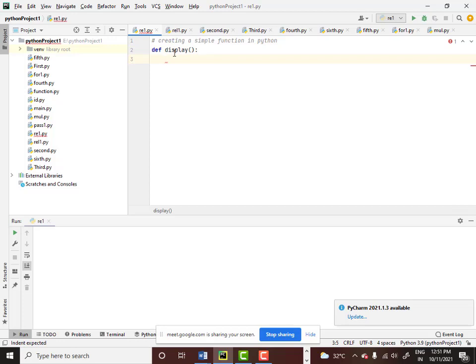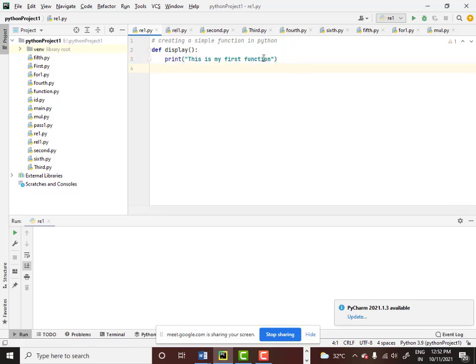So this is my function. Now what this function should do, I have to write within the body of that particular function. We know the concept of indentation. We have seen indenting in for loop, while loop, and also if condition before. Once you define the header, that is def display, where display is the name of the function, what should that function do? It should display something. So I am going to put a print statement here: print, this is my first function. That's all. So my function is defined now.